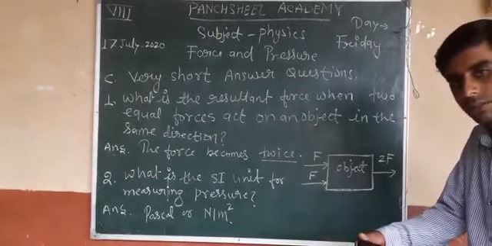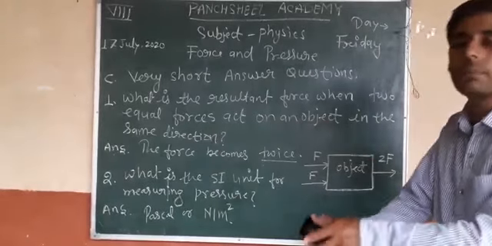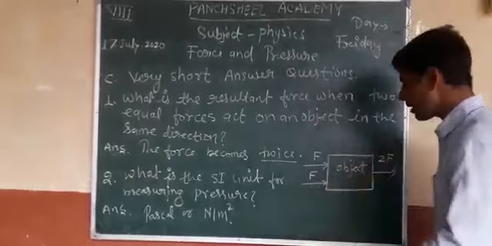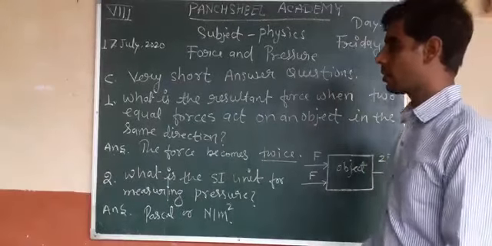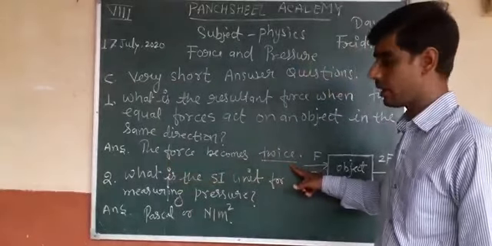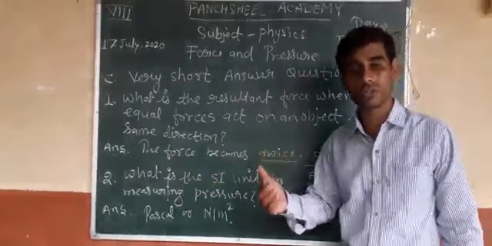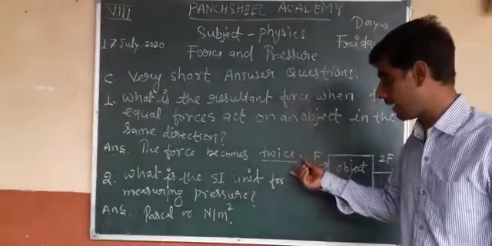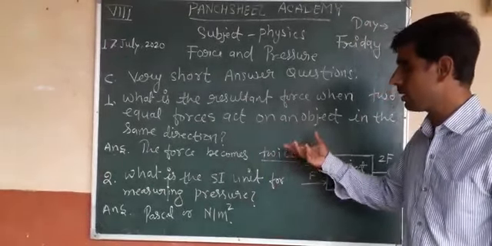Why twice? Because both forces are applied in the same direction, so the resultant force becomes twice. Okay, this is the answer for question number first. The force becomes twice, or we can say that the force is the sum of the two